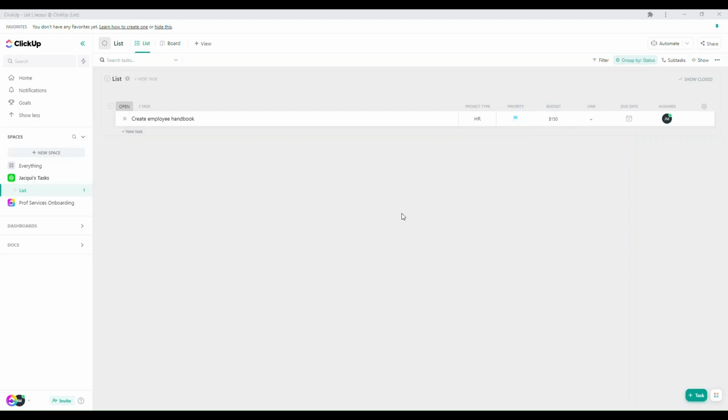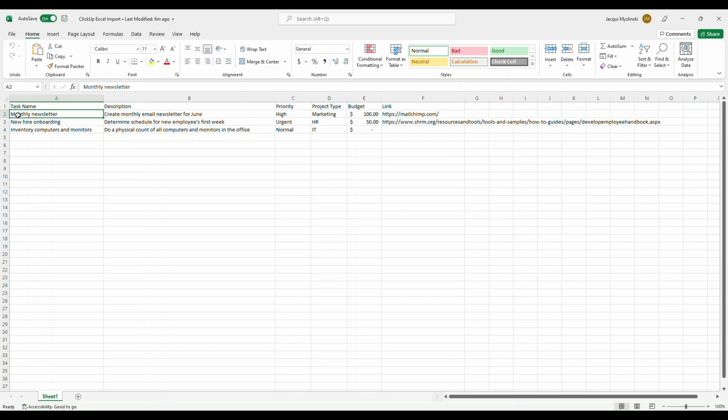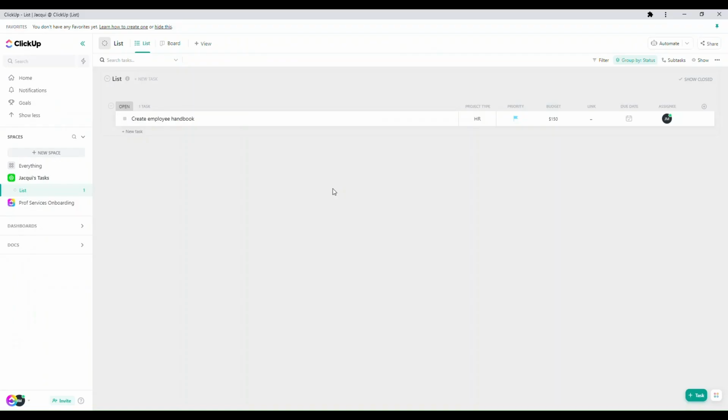All right, so we go back to our Excel. I want to point out that this should say task name. That'll make the mapping much easier for ClickUp to recognize. So task name, description, and then try to make any other headers match the ClickUp terminology as best as possible, but you will have the opportunity to make some edits if ClickUp doesn't recognize it